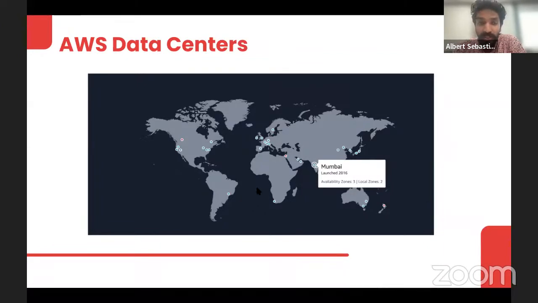And why is this important? Well, because you really need to understand how data actually flows. Because if you're trying to access something which is there in the US, it still takes time. It still takes 150 milliseconds or something like that, right? Because we may feel that everything is very instant in this age,